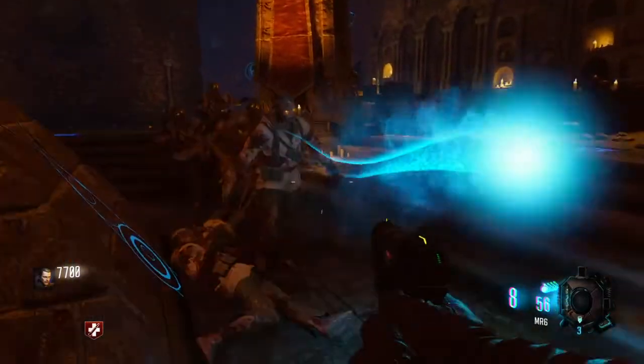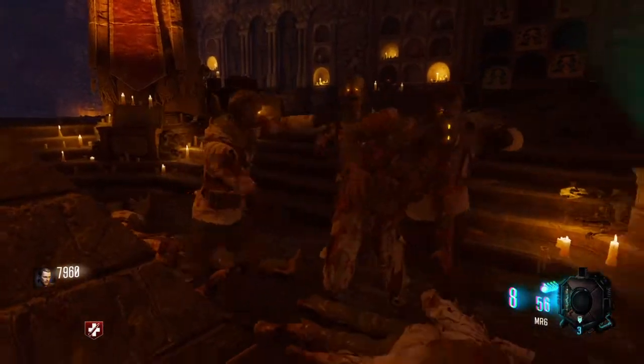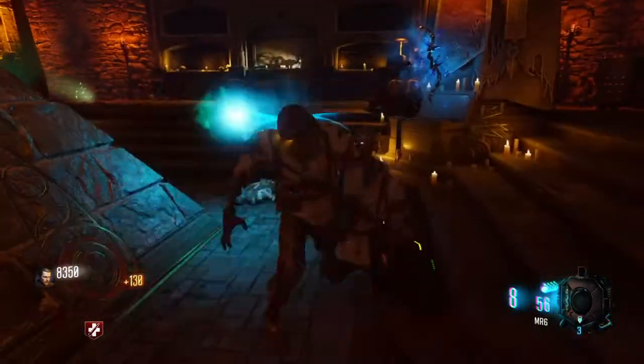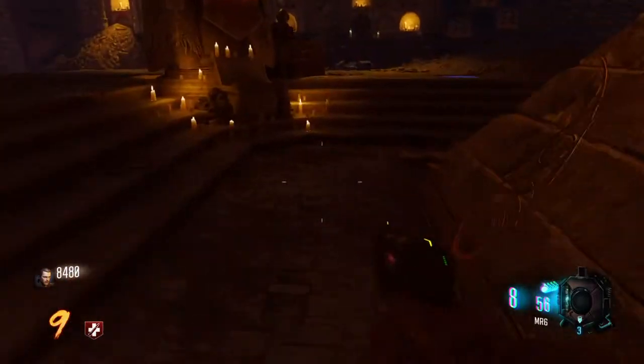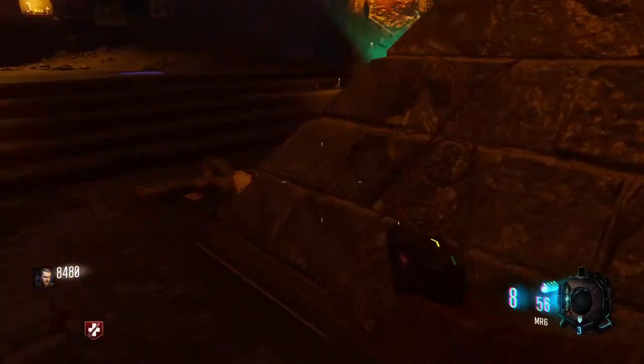Not gonna worry about shooting all my pistol ammo. I'm just gonna go ahead and kill him. I have to go into another round here, so make sure you're kind of in this little area like I was talking about, anywhere around this pyramid here, as